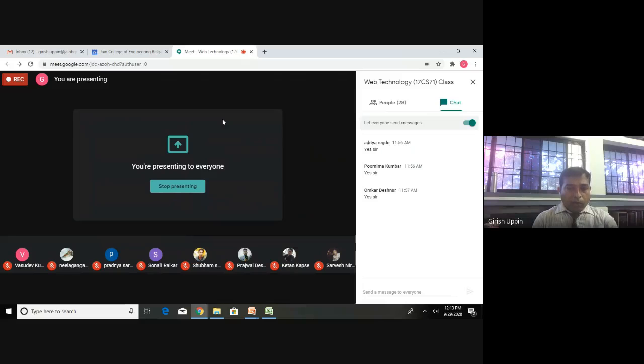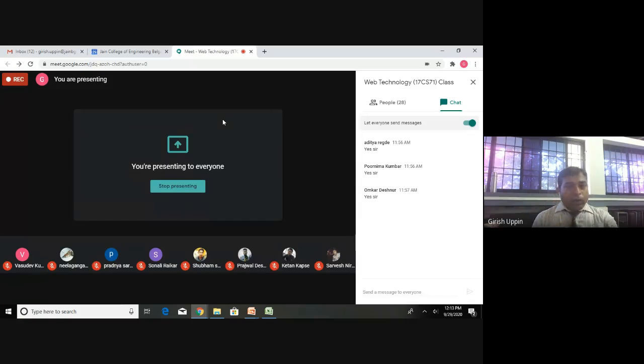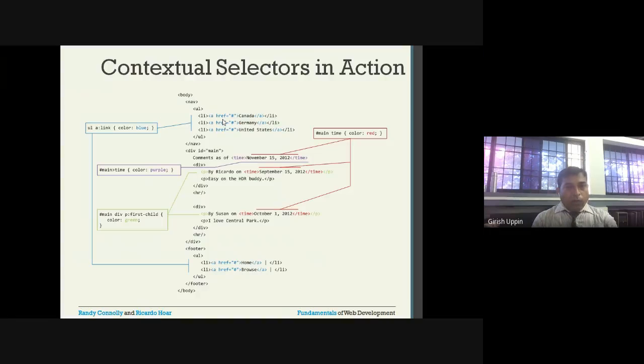What is the meaning of href is equal to hash inside the double quotes? So the link will not go anywhere. It will get you back to the main page. Okay, Ketan, very good. The link will not navigate outside the page. Actually, hash means it goes to the top of the page.